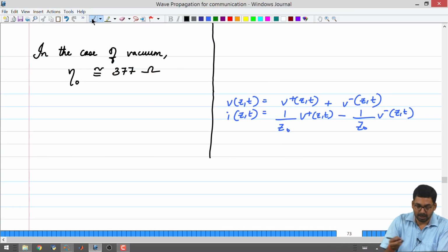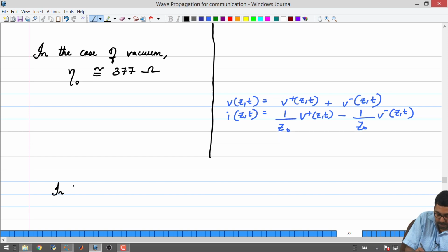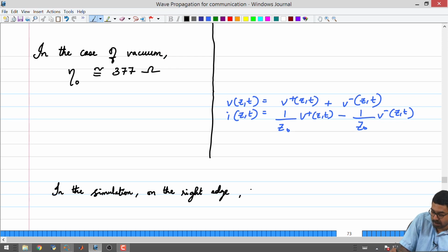Okay. So, on the right edge, Ex is equal to 0, all right, is what we had.